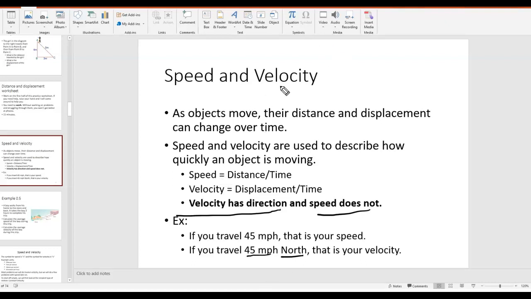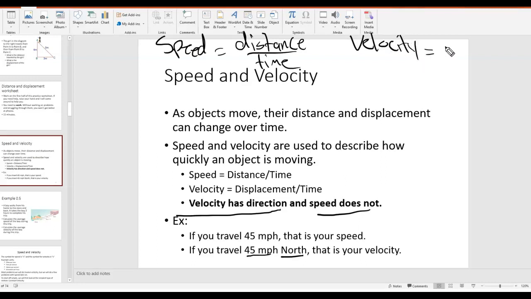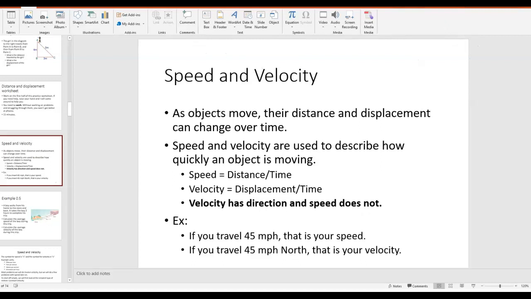Speed is distance over time. And then velocity is displacement over time. Again, this is just the most simplistic way of explaining this. I could go into more detail, but it's not really important for what we're doing now. So in simple terms, velocity has direction and speed does not. Speed is distance over time. Velocity is displacement over time. Keep in mind the definitions of distance, displacement, speed, and velocity as we take a look at